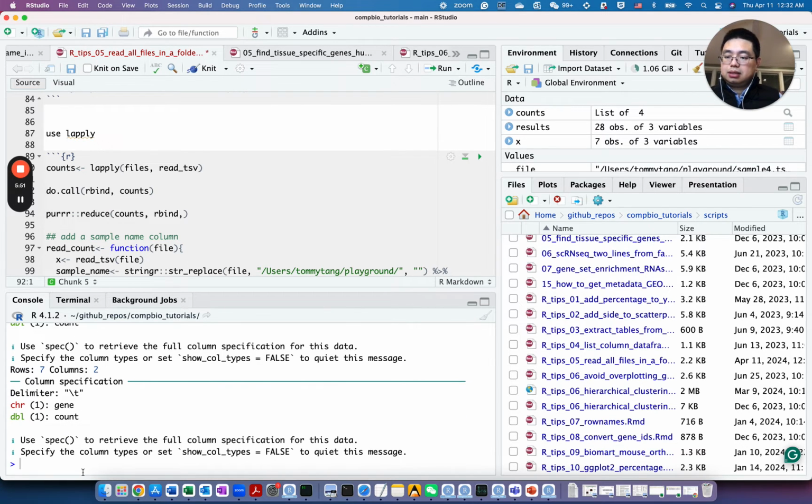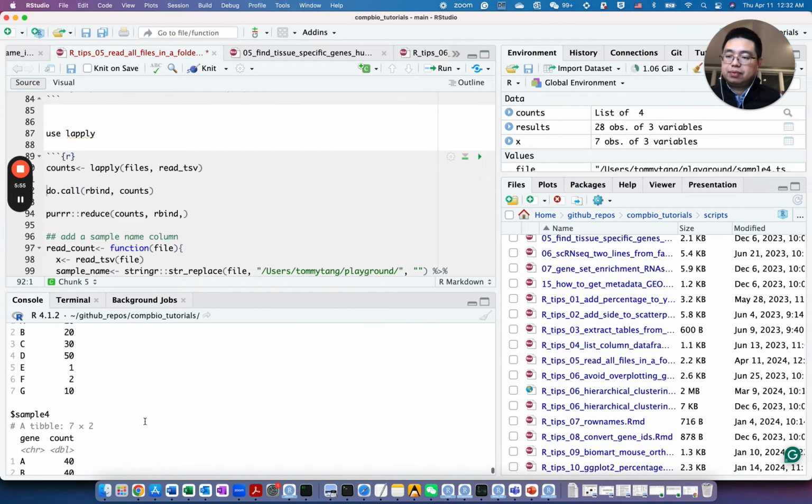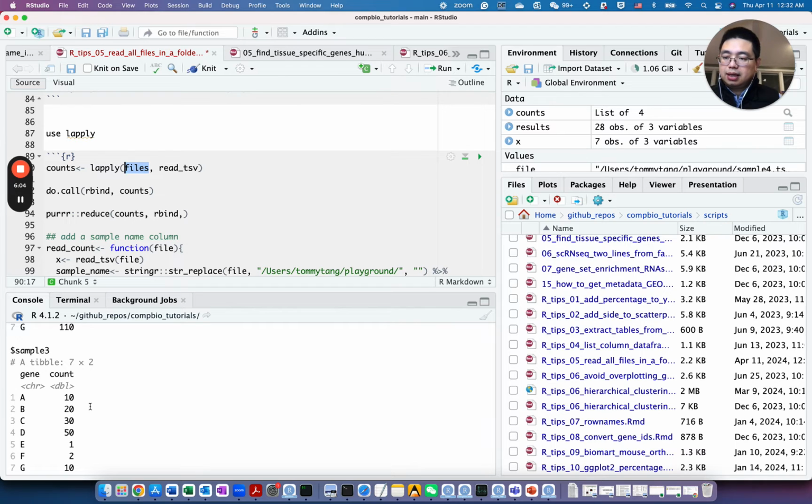If we do that and look at counts, it will be a list of data frames. Read TSV will actually read each of the files. And you look at here, now it becomes a list, and the name of each element now is the name of that file. So if you look at the